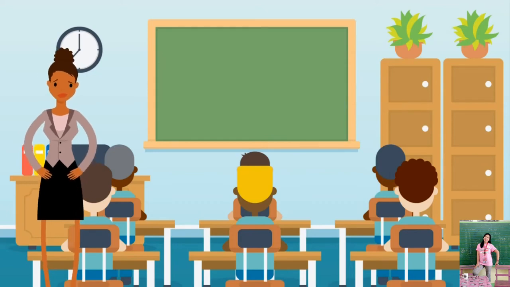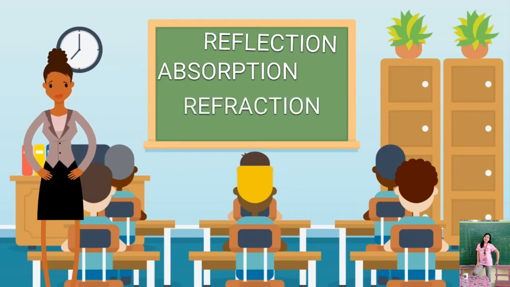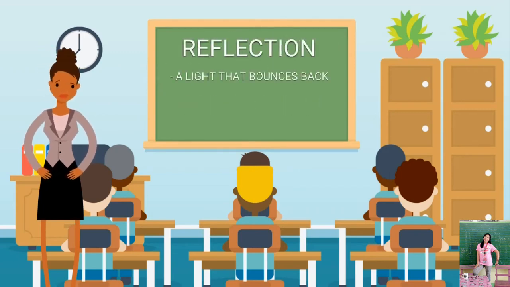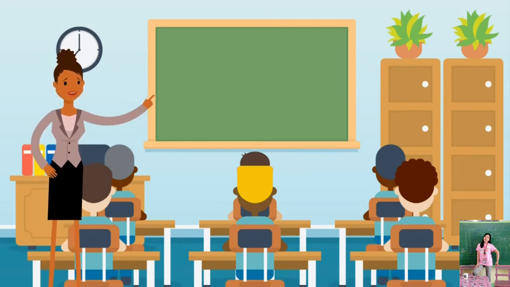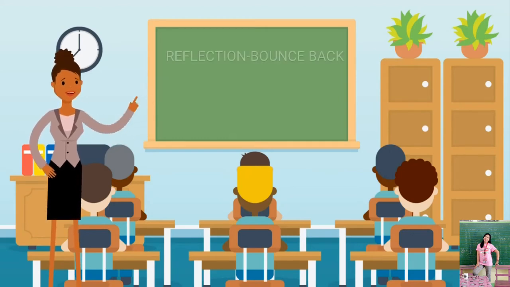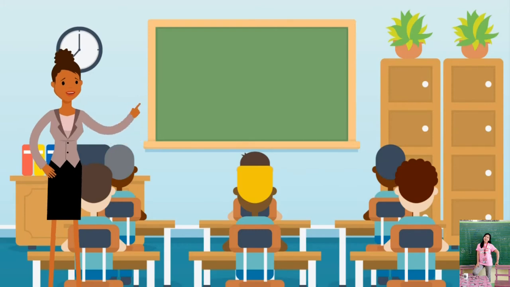Take note of this. Light acts differently depending on the types of matter it comes across. Let's get into detail about the following: reflection, absorption, and refraction. Reflection is when a ray of light approaches a clear and smooth object, and it bounces back. Take note of that, kids. Reflection bounces back. As I've said earlier, we can only see the non-luminous objects around us when luminous light reflects